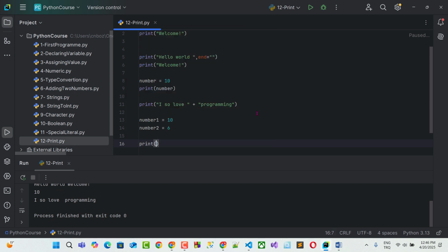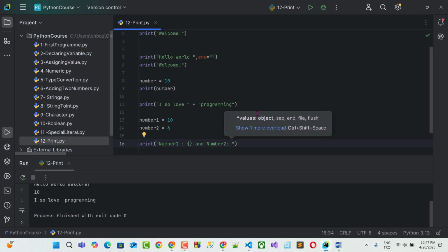For example, I write print. Inside the print function, I open double quotes and then number one. I just want to show its value. So for its value, I just open curly braces and close it. It's my first value.